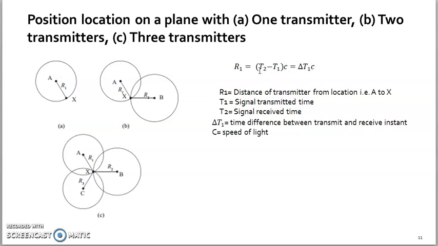Now we could not say what the position of X is on a map. We simply say that from X to A there is some range, because we know the distance, traveling time and all, so we can find out the position there. So we are not able to understand the position of X if we have only a single transmitter. So it is difficult to identify the position, location in a space there.